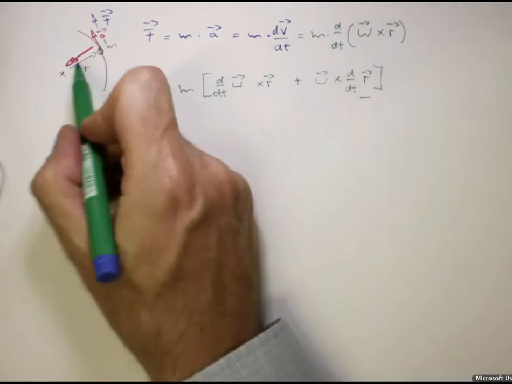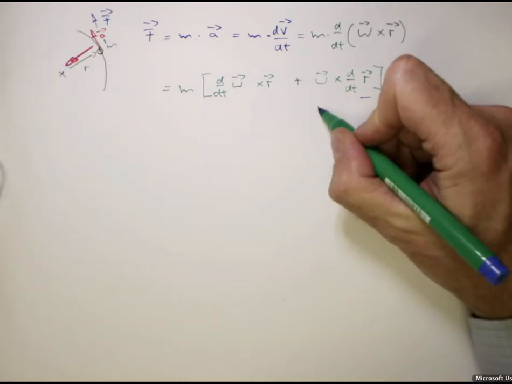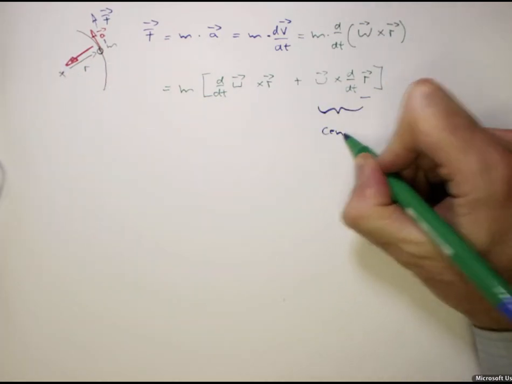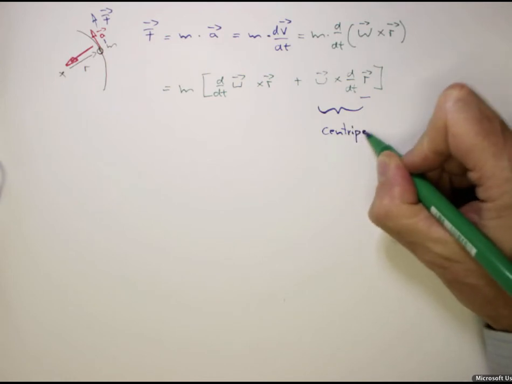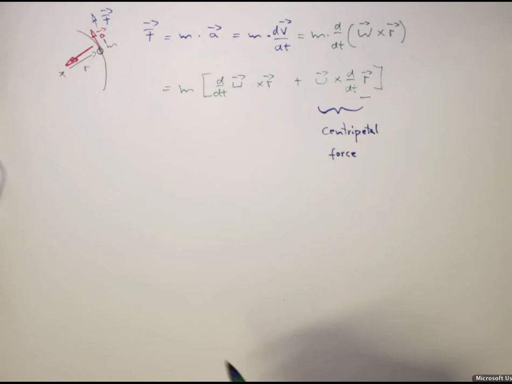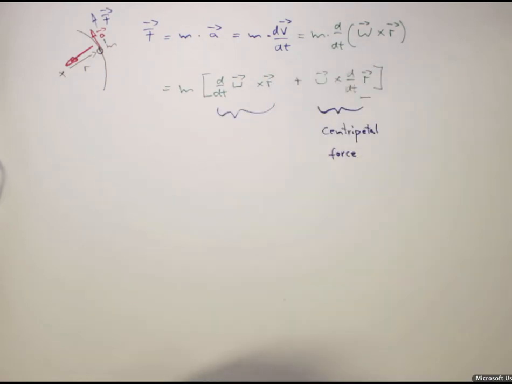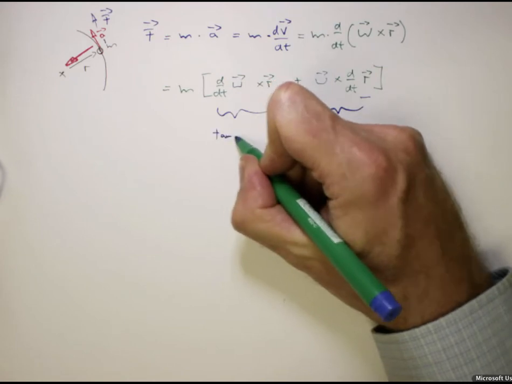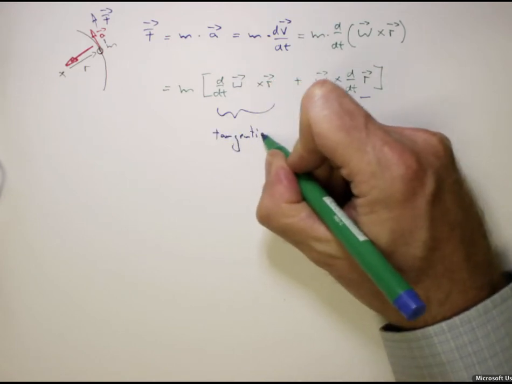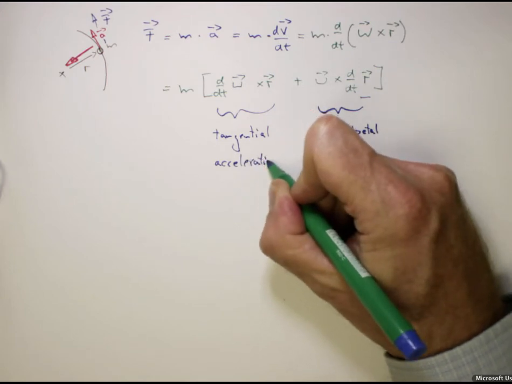And we know that this radius vector doesn't change in magnitude, but it changes all the time its direction, and that's due to the centripetal force. So the second part represents the centripetal force, and therefore the first part has to be the tangential acceleration